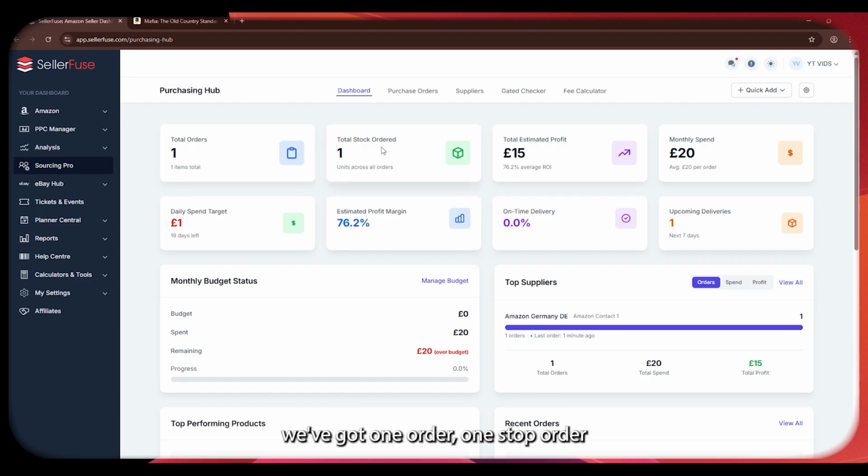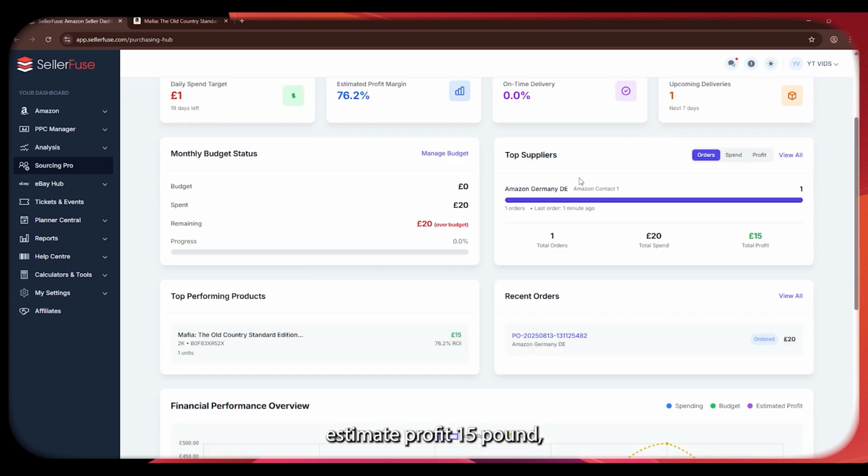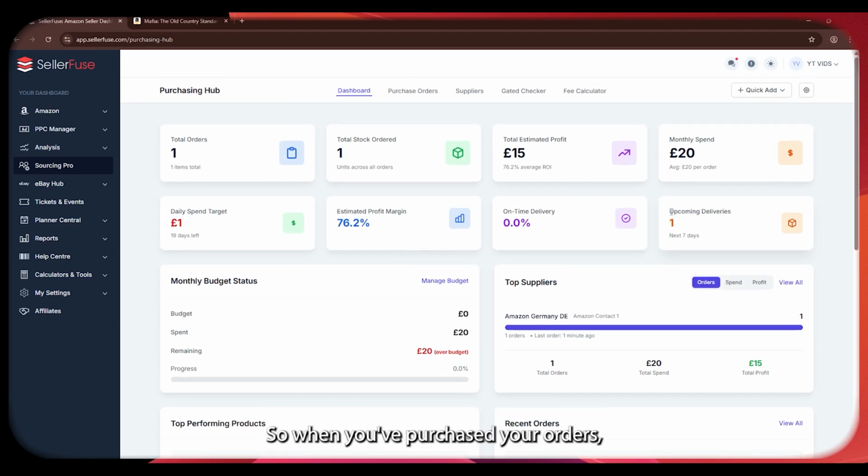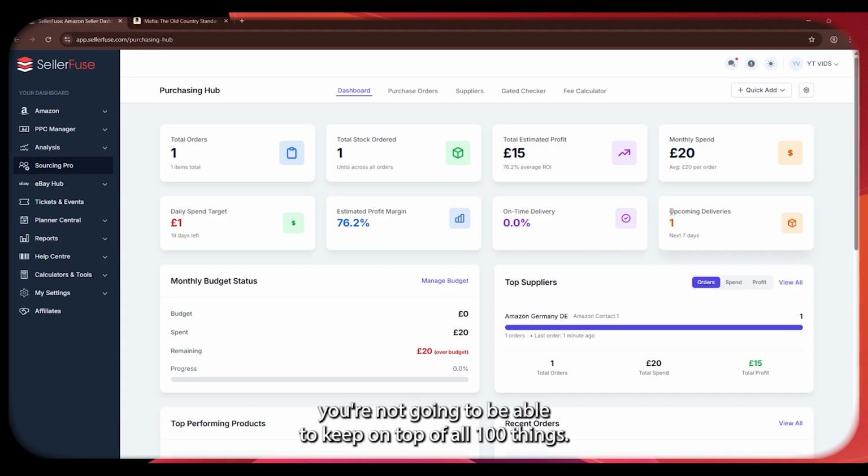We've got 1 order, 1 stock ordered, estimated profit of £15, monthly spend £20, actually $19.99. Upcoming deliveries, this is where it starts getting more interesting. So when you've purchased your orders, imagine if you purchase 100 things from Amazon, you're not going to be able to keep on top of all 100 things, but if you put them all into this system, then we can actually tell you what you have got coming up soon, and it will help you really with your stock